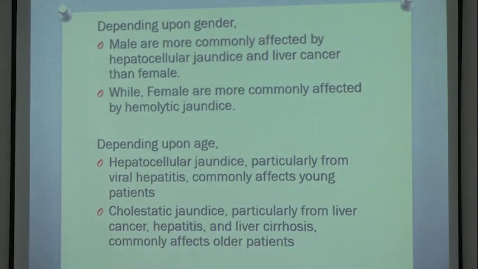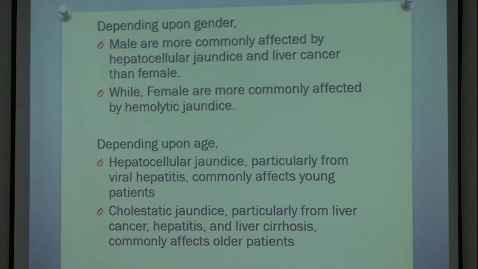Most of the females suffer. The prevalence is less in male, more in female. But in the female, it is mostly because of hemolysis, and for the male, it is because of disturbances in the liver. And depending upon age,